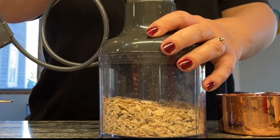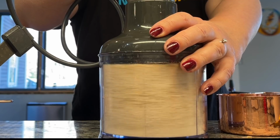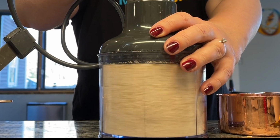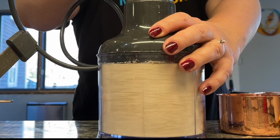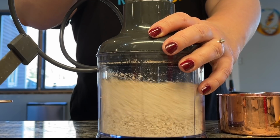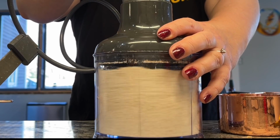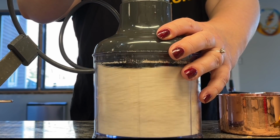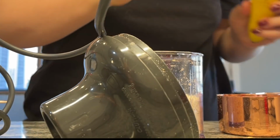So you want a cup of old-fashioned oats, which I almost always have on hand. You want to place those in the food processor. So I have this handheld food processor, but if you have a larger one, that's totally fine too. I think you could even do it in a NutriBullet. And you want to grind those oats in the processor until finely ground, basically with a little bit of texture remaining, about a minute. And then right in that same food processor, you want to peel and tear a banana